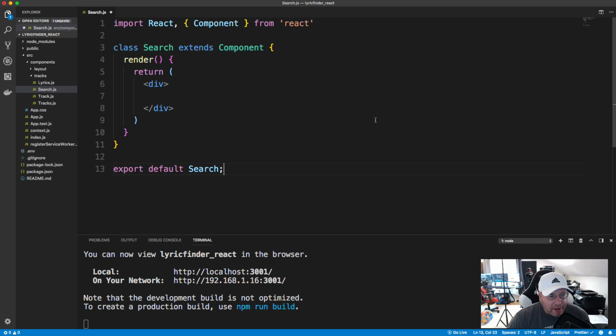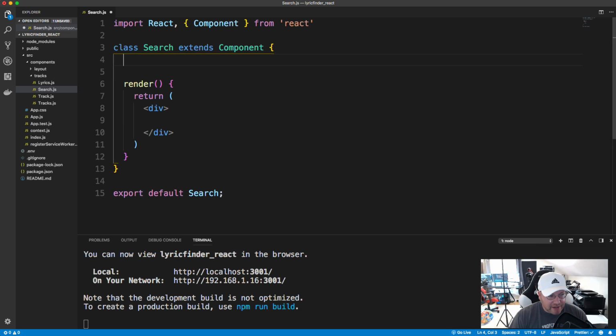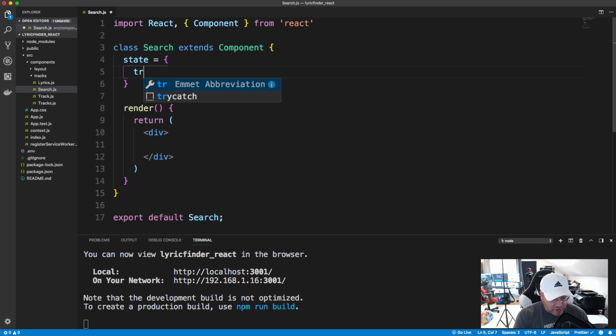Now, this is a form, so it only has one field. When you work with forms in React, most of the time you're going to want each field to have its own piece of state. So let's add some state here, and we're going to have track title. That's going to be the input and the name of this state, so whatever we type in. All right, and in the render,